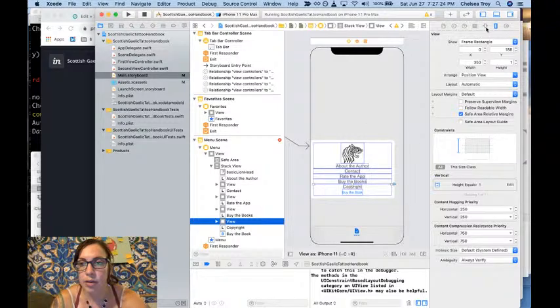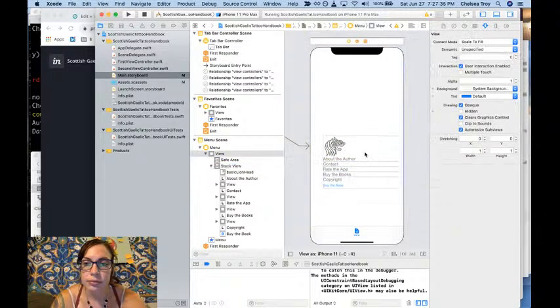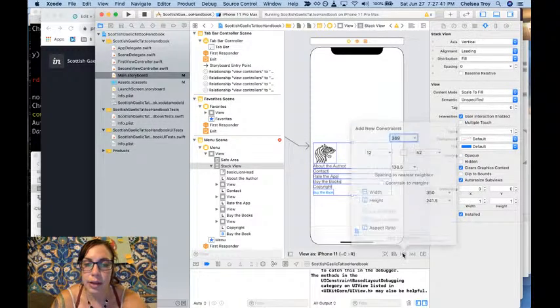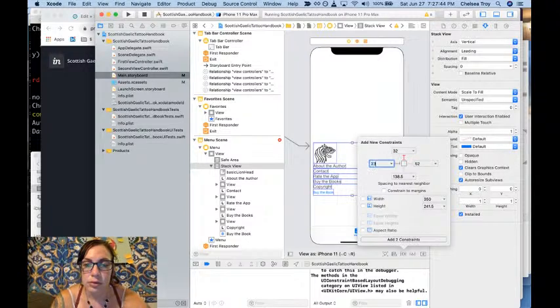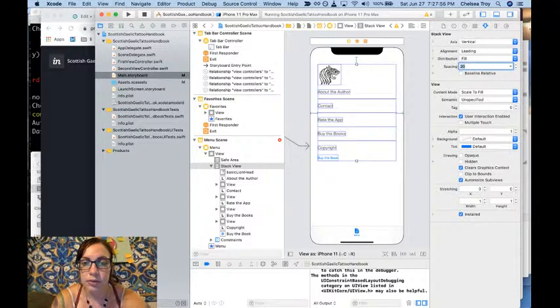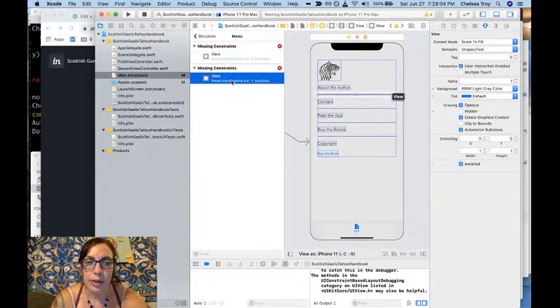And let's have this stack view be left or leading. And let's say that the stack view, oops, aligns like that. And let's say that the spacing is 20 for now. We'll deal later with the rest. These